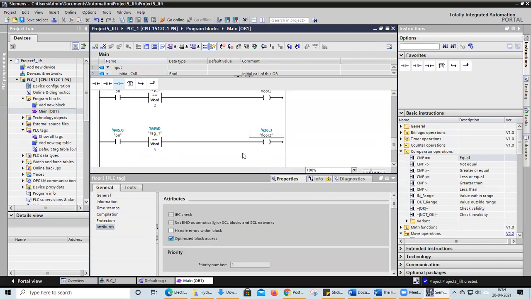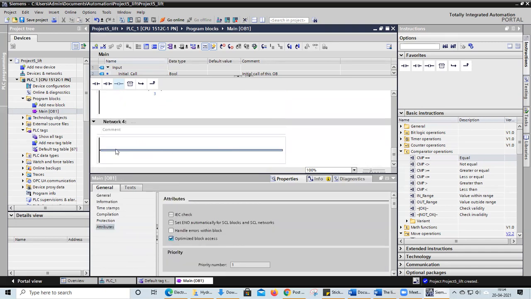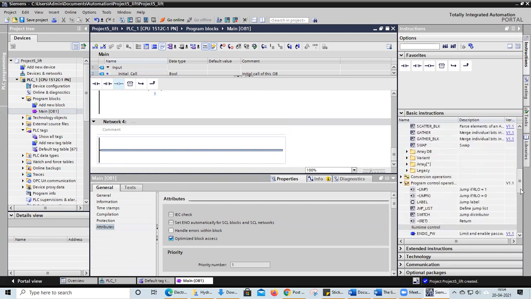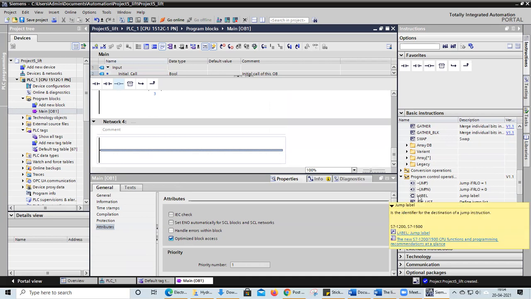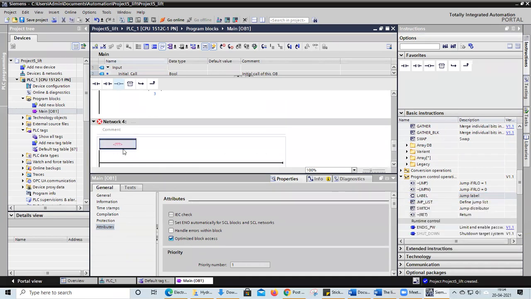Floor 3. Now in this ladder logic, I need to go for the fourth floor and fifth floor. Before that, I need to close this one. So here one more operator we have to use, that operator is the label operator. You click on this label, which means the jump operator will go see the label operator and come to this point.